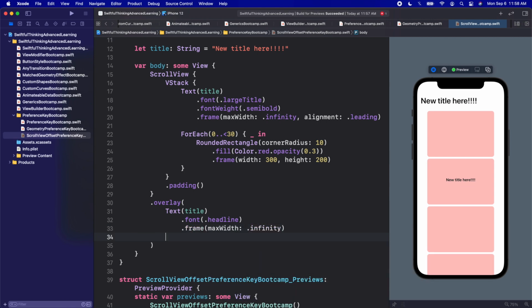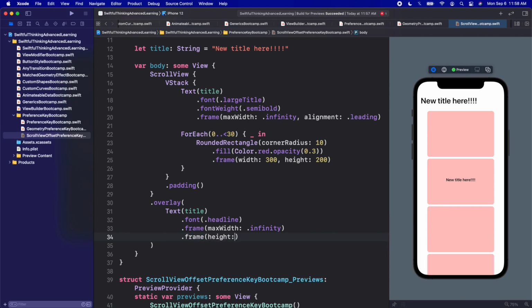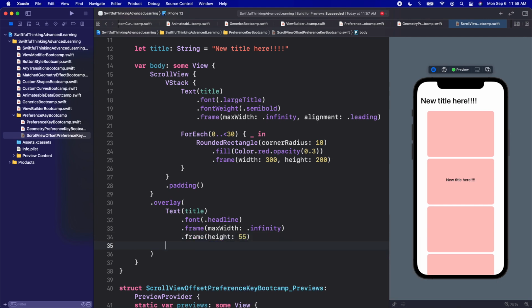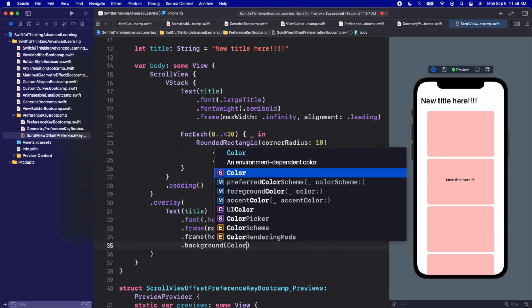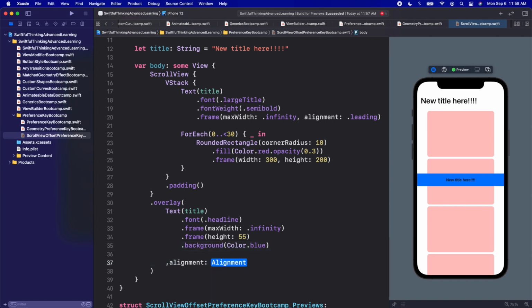infinity, a frame with a height of maybe 55, and we'll give it a background, and we'll just do Color.blue just so we can see it. Finally, let's add an alignment to this overlay of top, so we can align it on the top of